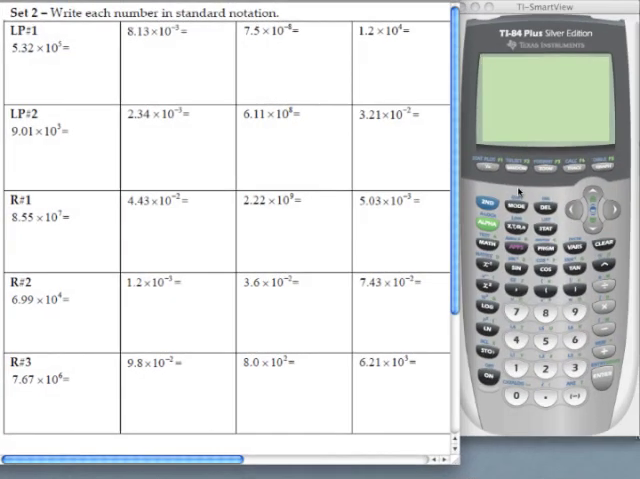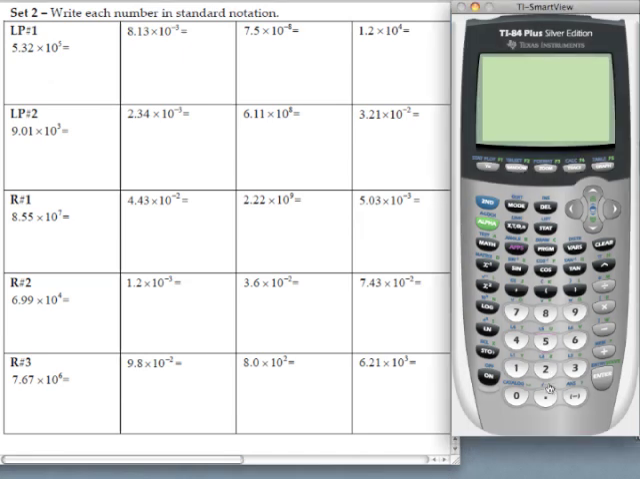This video clip is going to focus on lesson practice number 1 from set 2 from this section of the notes. And the instructions read, write each number in standard notation. If you look at all these problems down here, they're written in scientific notation. And all we're going to do is plug them into our calculator the way they appear and write our answers in standard notation form. So our first one is 5.32